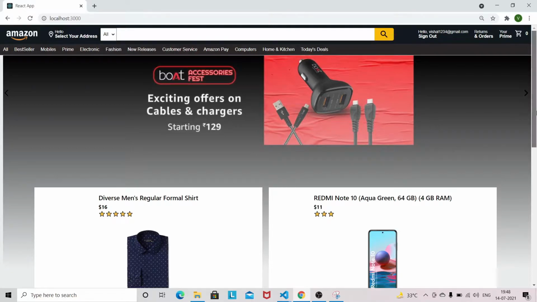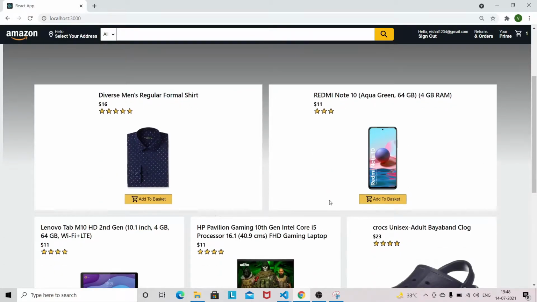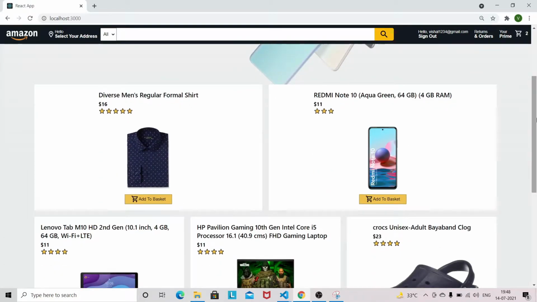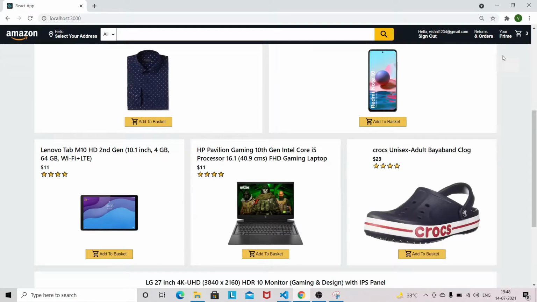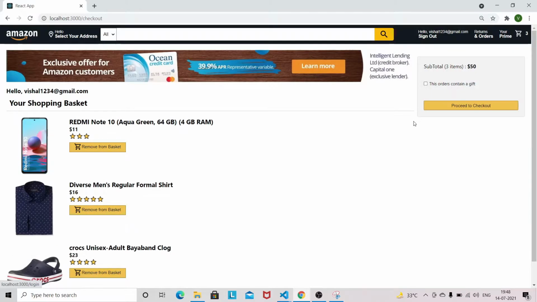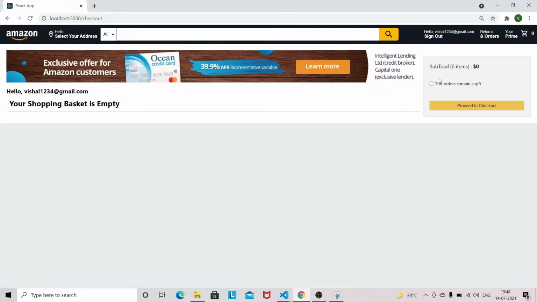Suppose I add some item into the basket, and if I go to the checkout, you can see that we got the total amount of this item. But if you refresh, this total amount is not getting persisted on the page reload. This issue was there earlier, but I didn't realize, and I haven't provided any solution for it in that video.